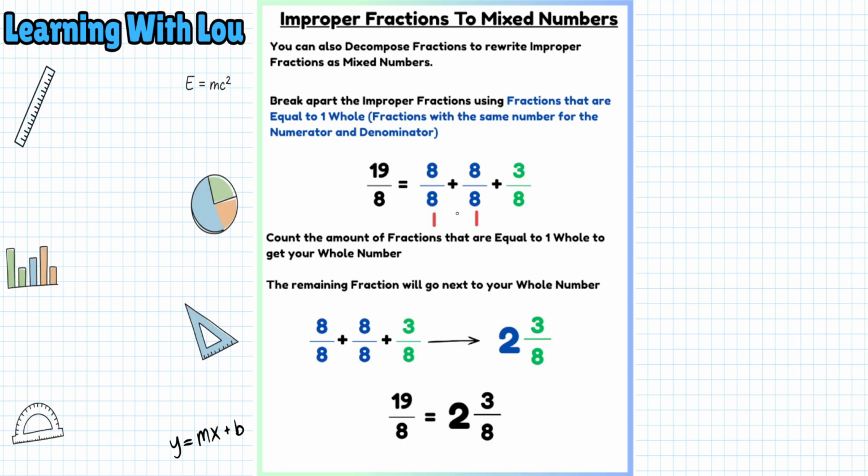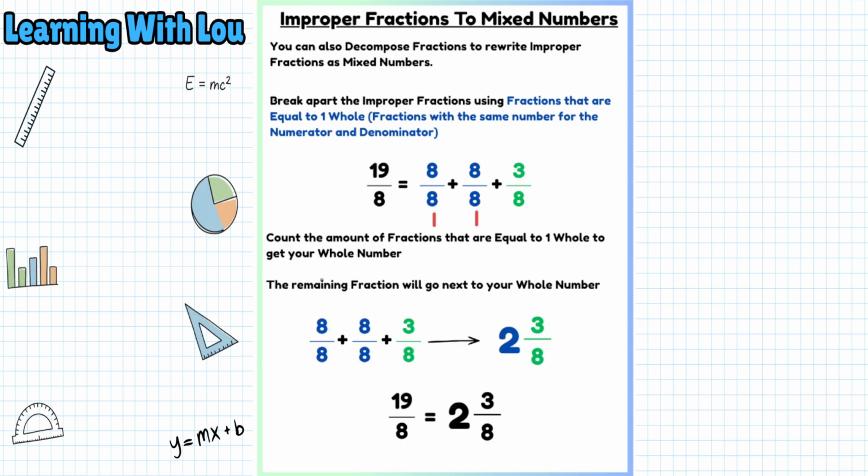So I'm going to count up the amount of fractions that are equal to one whole. I have 1, 2. So that's my whole number. My whole number becomes 2. And then anything that's left over that you couldn't pull another one whole from, that just becomes a fraction in your mixed number. So I had 2 wholes, which gave me 2, and I had 3/8 left over to get